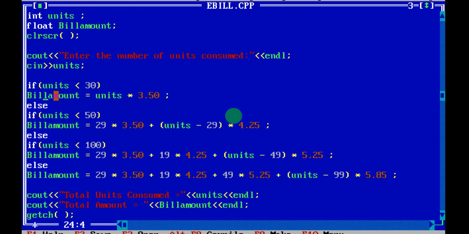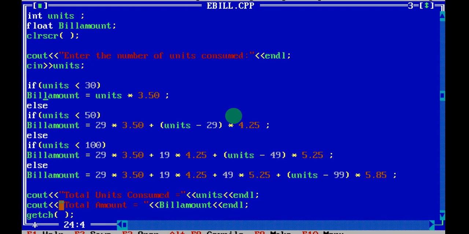If these two conditions fail, it comes to this statement, checks the condition, calculates this formula, and the billing amount is printed here. Or else the last statement, it will calculate all this and whatever billing amount you get will be printed over here. So that is what the else if ladder is.